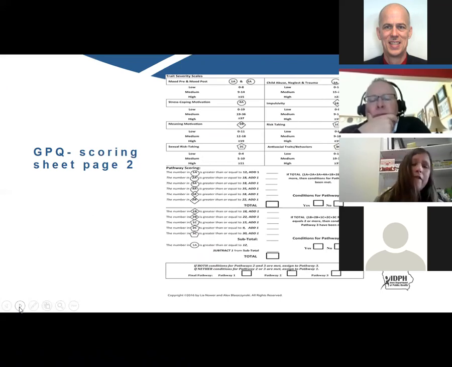The bottom half is the actual scoring cutoffs. You'll see like 1A, 2A, 3A. Those are the sums on that first page, which are also labeled 1A, 2A, 3A, that type of thing. So these are the cutoff scores. If someone scores higher than 12 on the 1A, which is pre-mood,